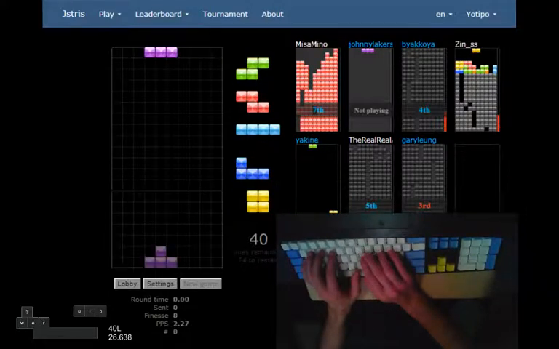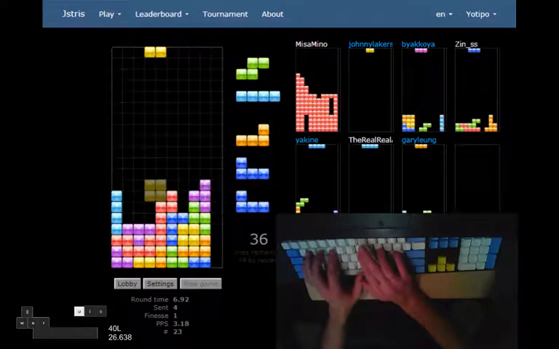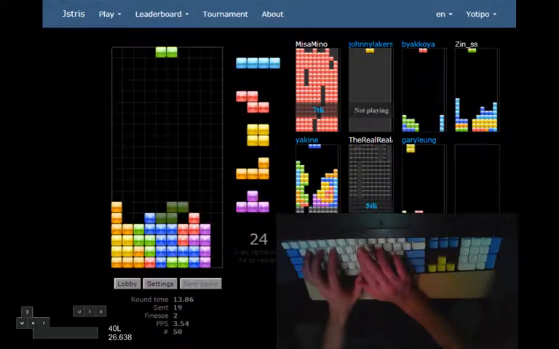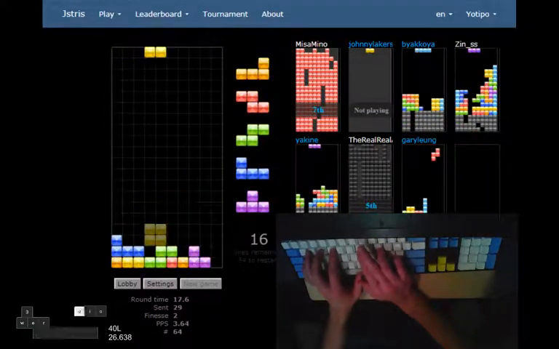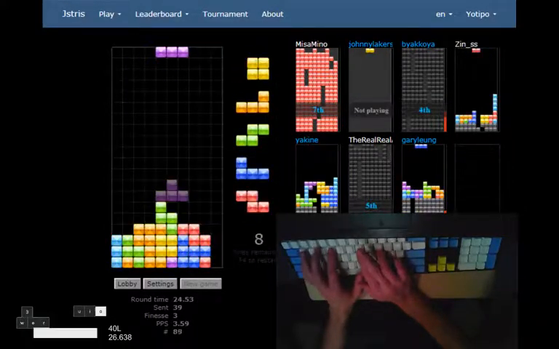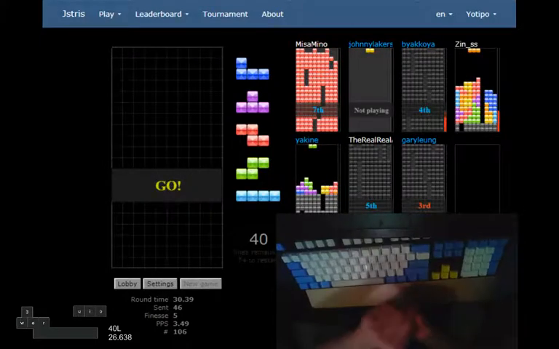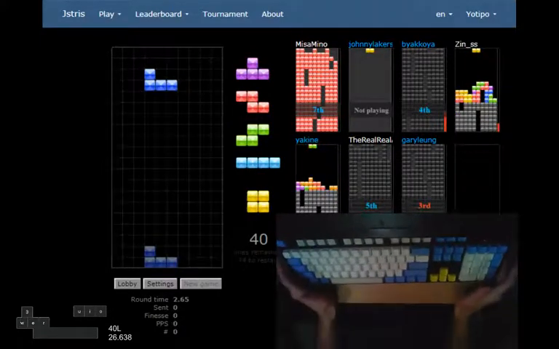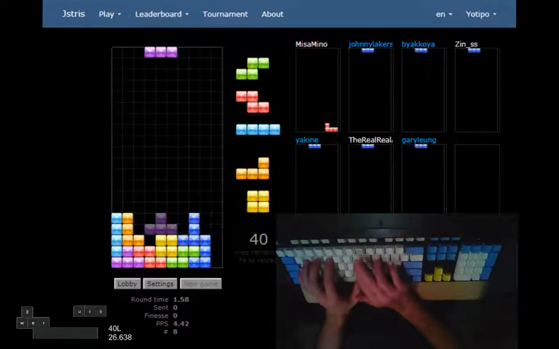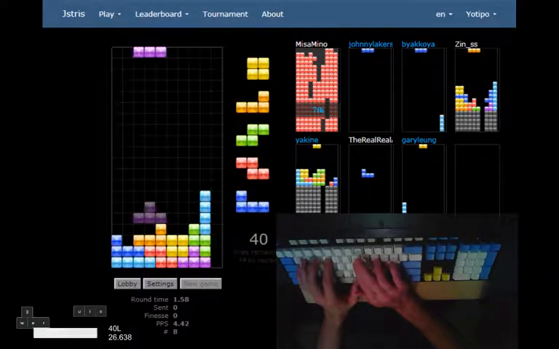I don't really think of myself as a smart player though, because I go against Captivate. Captivate makes me feel stupid. See, big slowdown. I don't know why Captivate doesn't have a sub 30 yet, because I feel like every time I go against Captivate, I'm